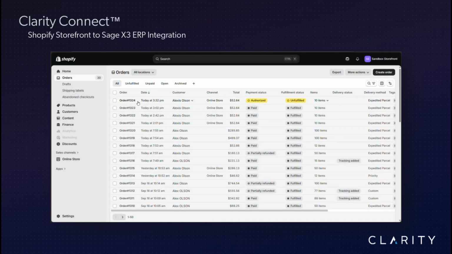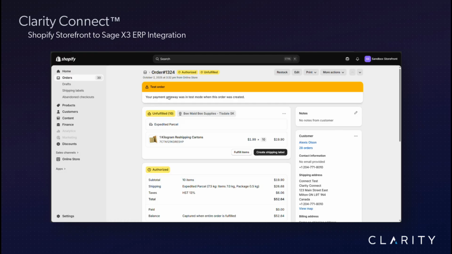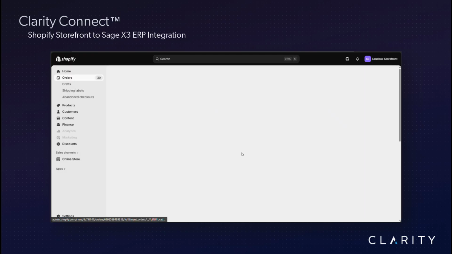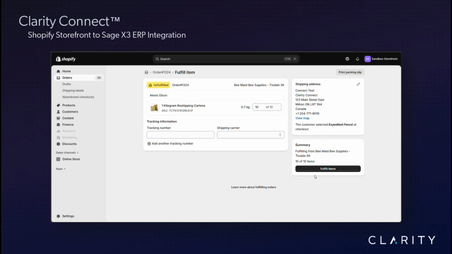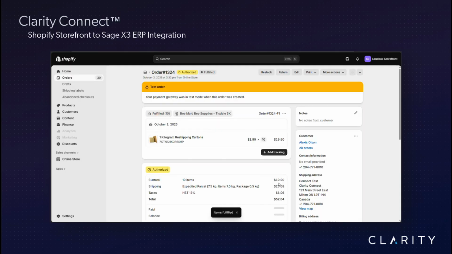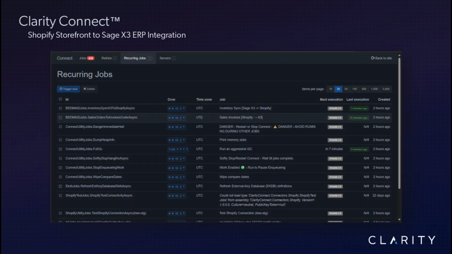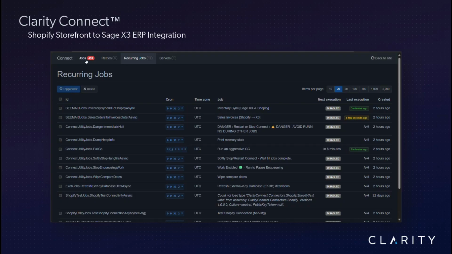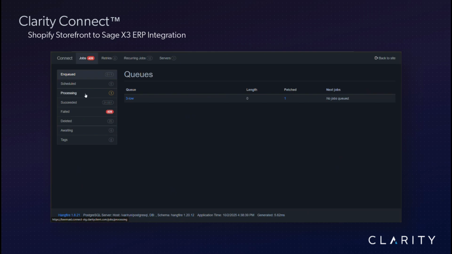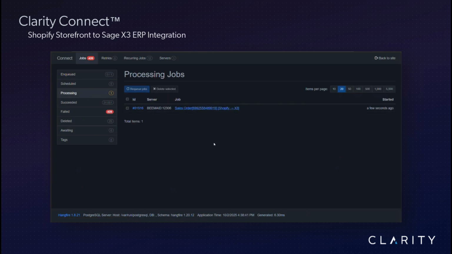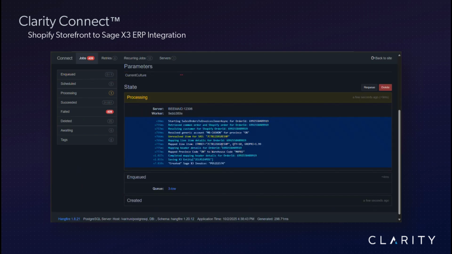To finalize our order, we'll open up the order in Shopify and fulfill it. The reason for this is the client had us code the sync to only pick up orders that have actually been fulfilled. Heading over to Connect, we'll now select the sales order to invoices sync and trigger it to run now. Quick reminder that these normally run on a schedule. I'm just manually triggering these to demonstrate the integration.